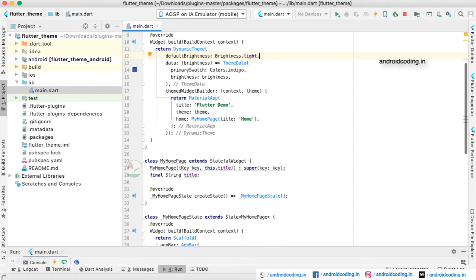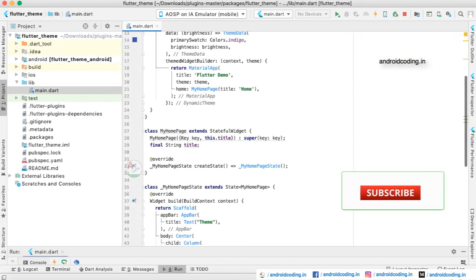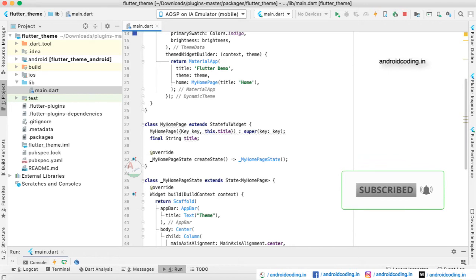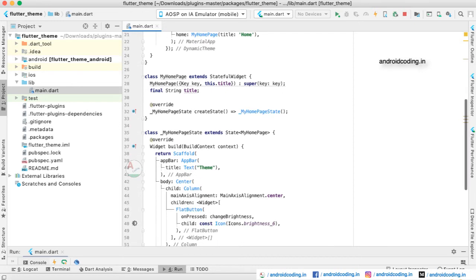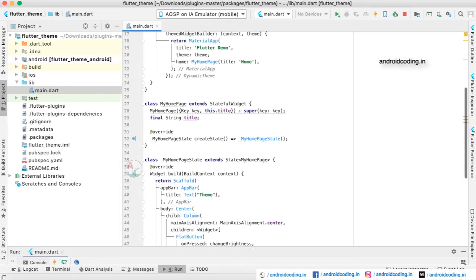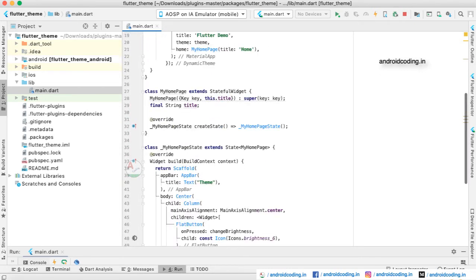We have provided the basic requirements like the title and theme to our material app, and in the home we have declared a MyHomePage class which is extending a stateful widget. Also you can see that we are passing the parameter title, so we are setting the title to our MyHomePage class.